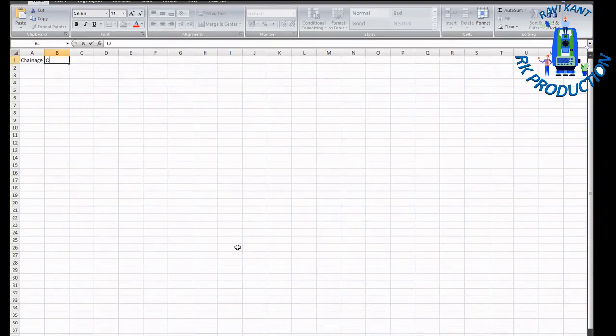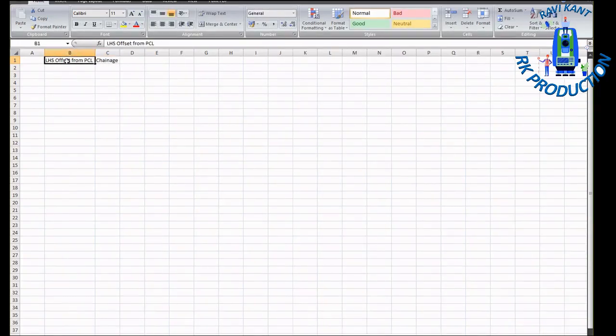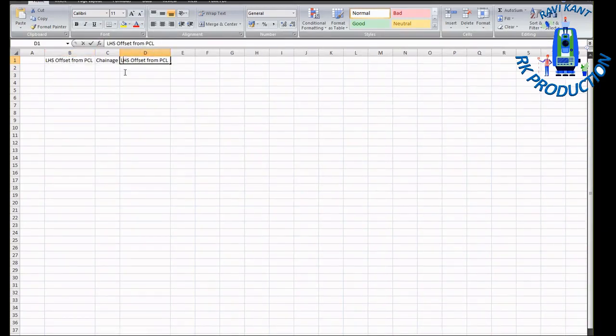For better understanding, put this chainage in the center and this LHS offset from PCL. Okay, and here RHS offset from PCL, and this is the serial number.